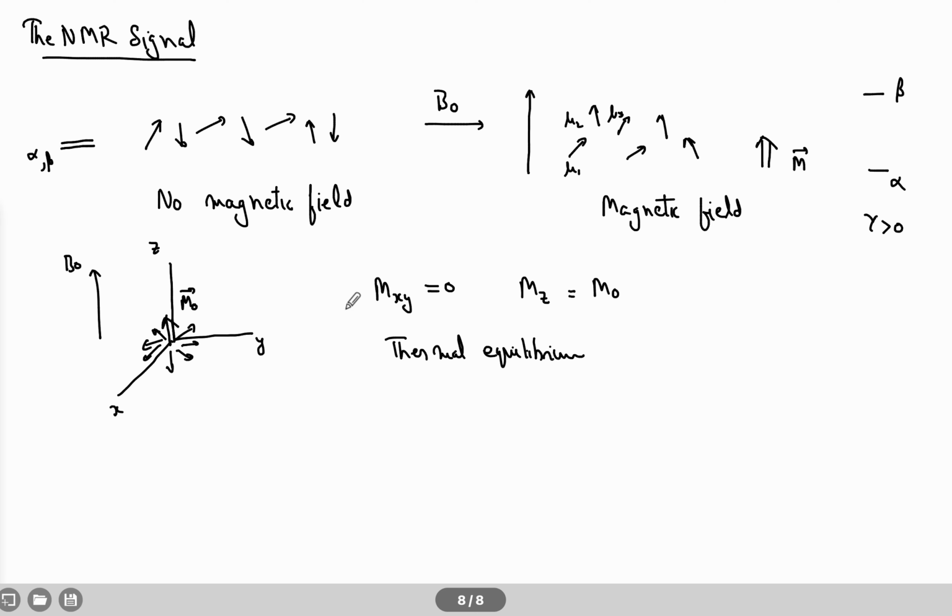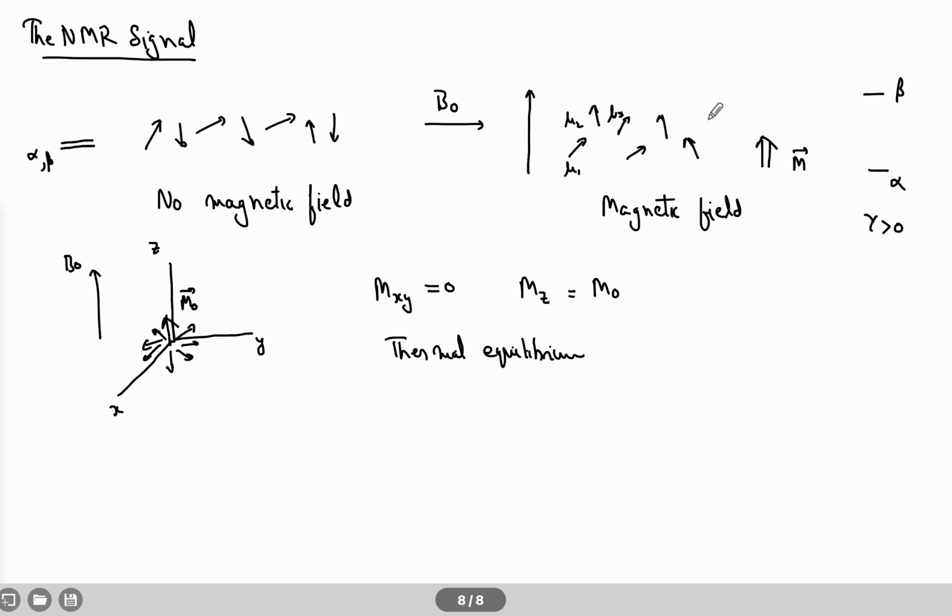So this is a stable state. By saying stable state, I mean that this M0 is not precessing about the z-axis. Although individual spins, as soon as they are present in the magnetic field, will start to precess about the magnetic field, there is a wandering motion going on, but M0 does not precess. Let us see mathematically why M0 is not precessing, although it is very clear that M0 is present along the z-axis.